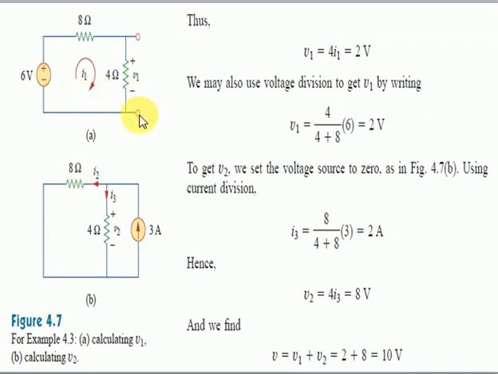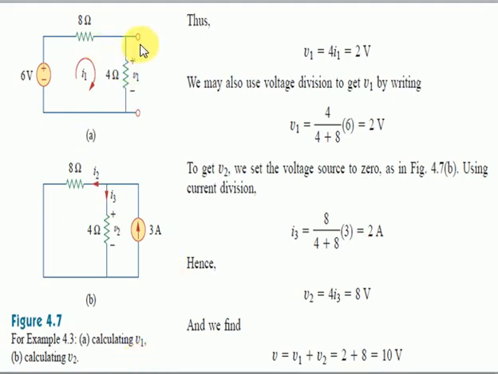Here these terminals are open. Here there was a current source, and now that current source is open. Remember this, when we are having the current source, then we will open that circuit, and when we are having the voltage source, then we will short that circuit. By doing this, we will get the value of that source equal to 0.